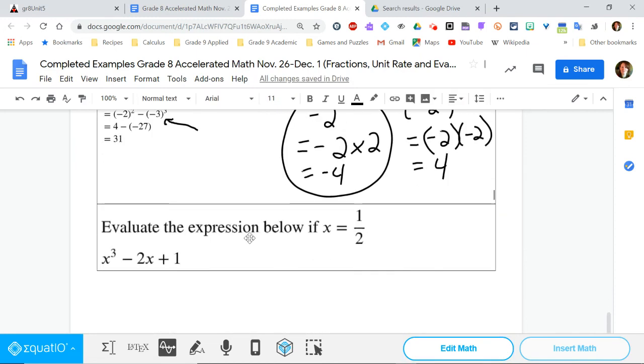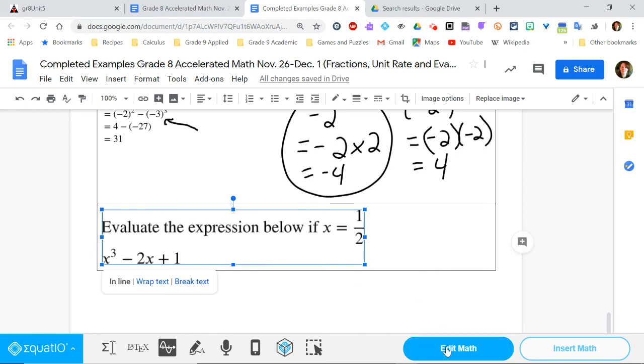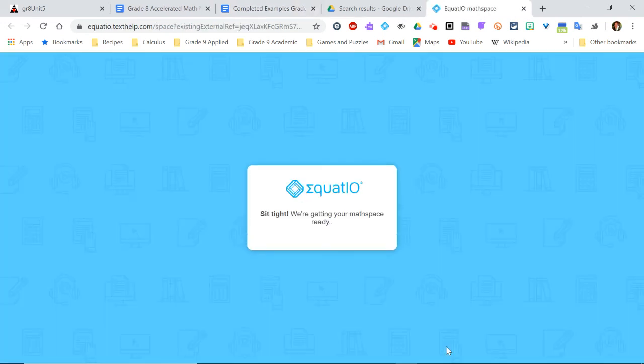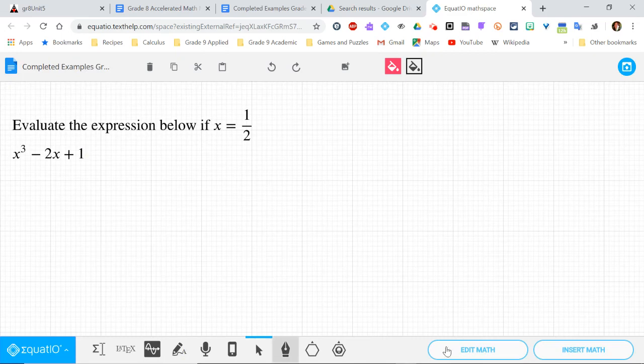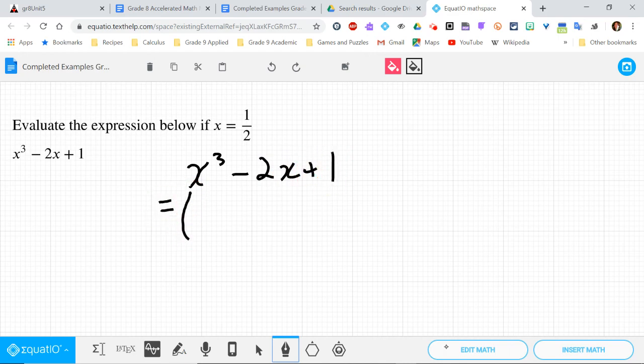Okay. And the last example we're going to do the same kind of thing, except we have a fraction that we're going to substitute in. So for this one here, I'm going to use my pen tool. So I'm actually looking at this expression. So I'm just going to rewrite it right here. X cubed minus 2x plus 1. So that's going to equal, I'm replacing the x. So I have 1/2 cubed minus 2